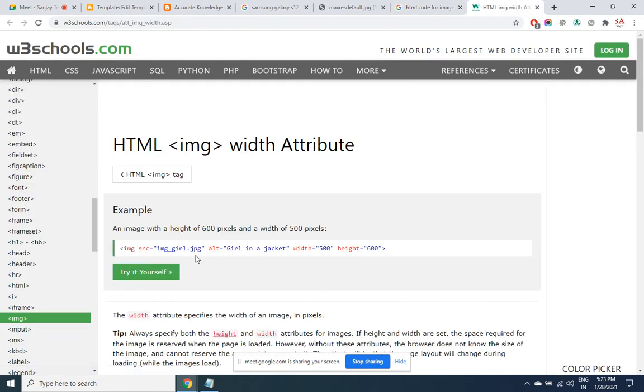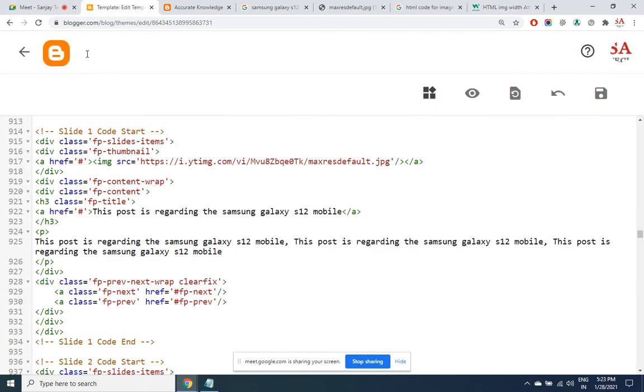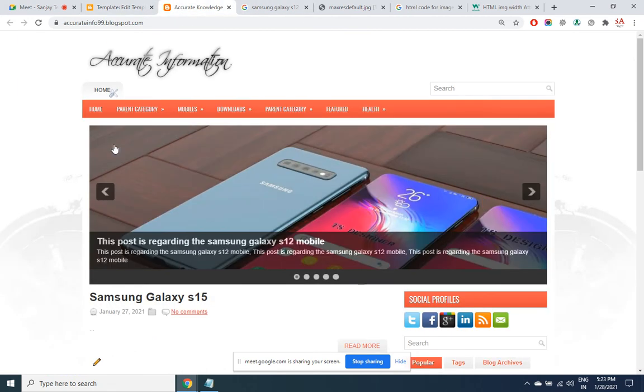So we have placed this JPG URL. In order to add the height and width, I need to add these two pieces of code. If I copy this, I'll go back to the template. This is where I added the slider. This time I want to set the height and width of it. So roughly the height and width ratio looks to be 1:3 if you see here. This is the height, this is the width.